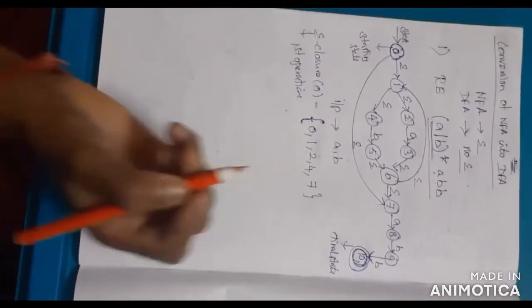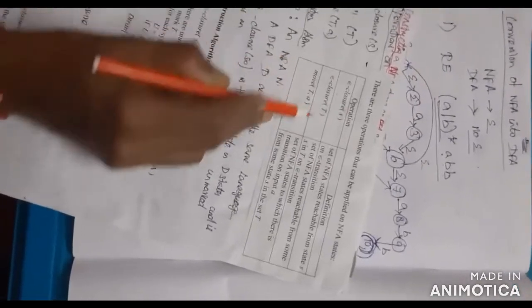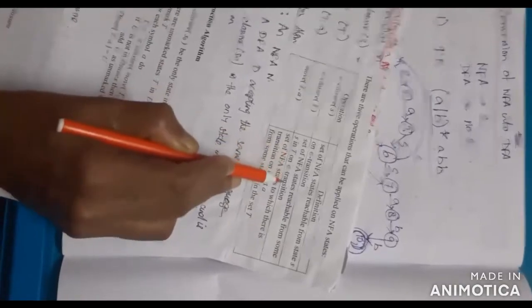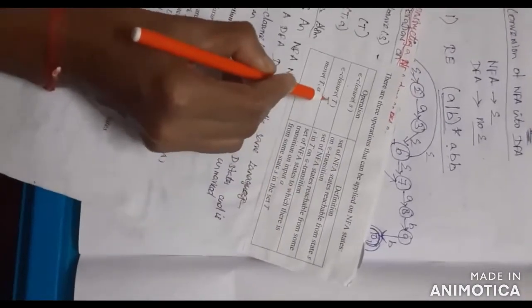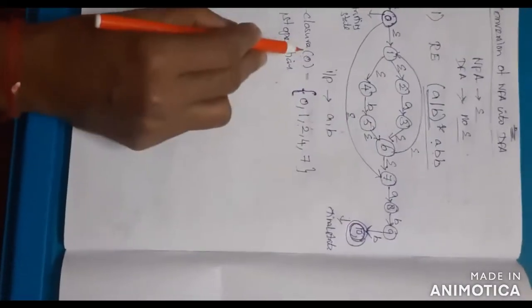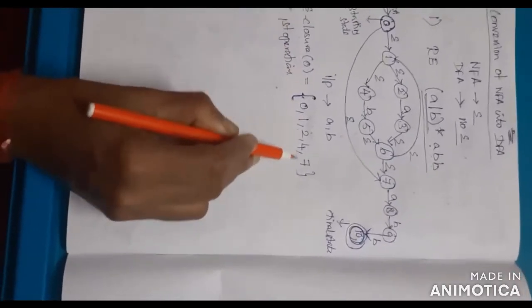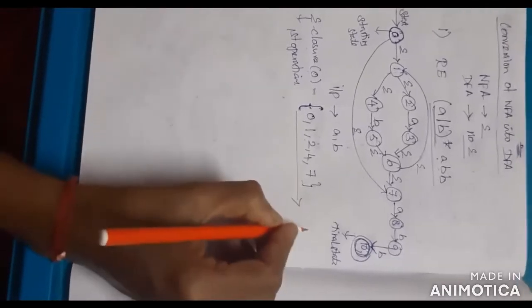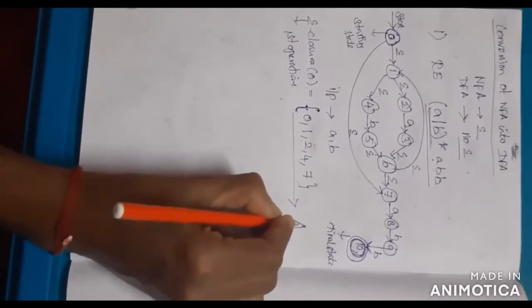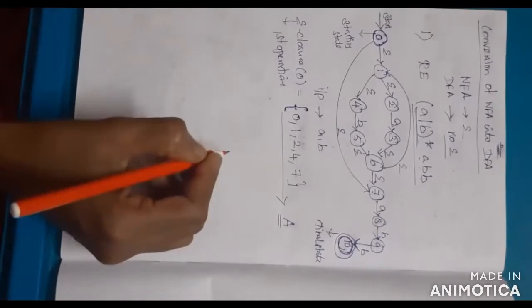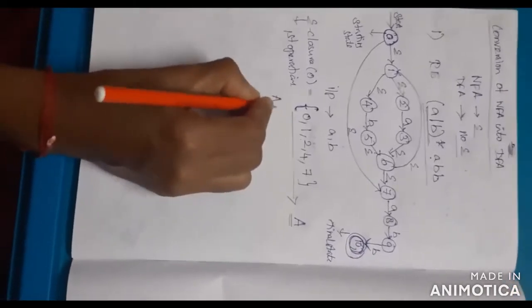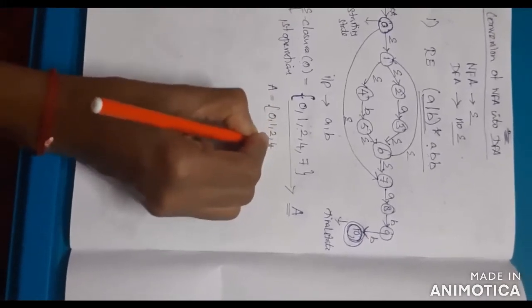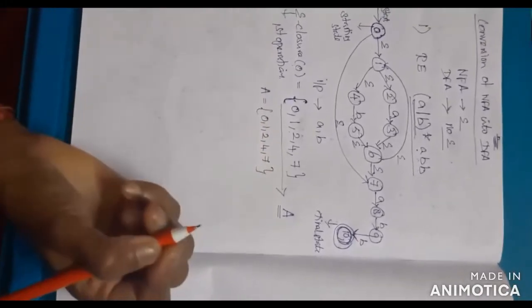Check here. The second operation is E closure of T. So the set of NFA states reachable from some S in T on empty transition. So that is for E closure of T. Here, check E closure of 0 is 0, 1, 2, 4, 7. So 0, 1, 2, 4, 7 is nothing but the new state, capital A. So what is capital A? Capital A is nothing but the result of the second operation. So this is for 0, 1, 2, 4, 7.